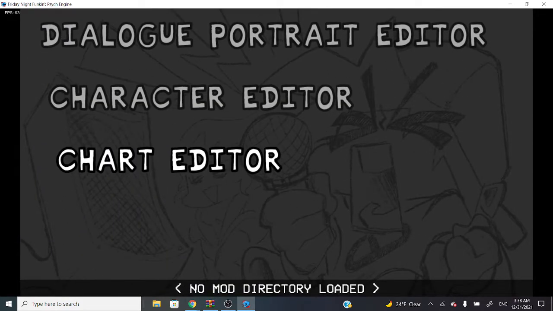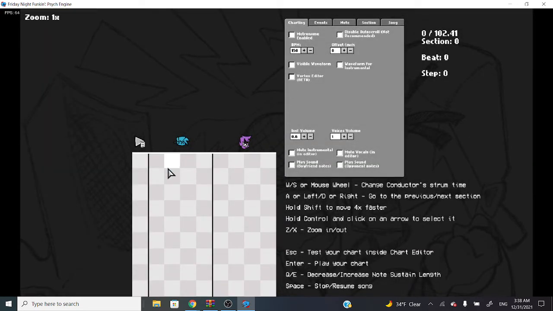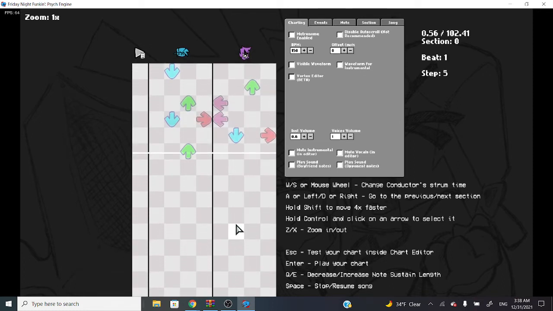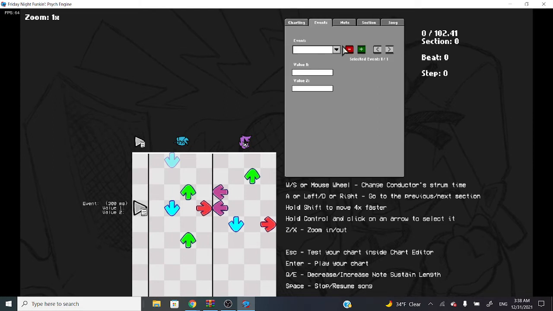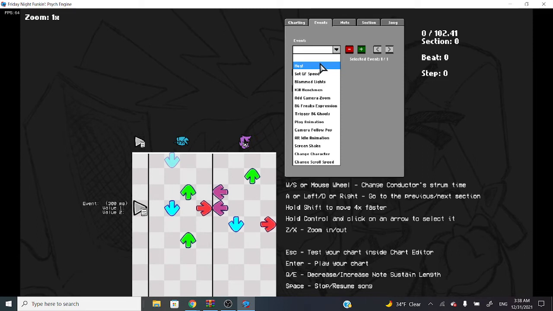So then chart editor is basically explanatory. You basically go into a chart. You just add your charts here, add them all here. You can play the song if you have a song. And these are for events in case you want to, for example, if we go here and we go to event, we could just do like a hey, set girlfriend speed. And then there's a bunch of them, like you can kill henchmen in the back, you can do a camera zoom, you can make them freak out,